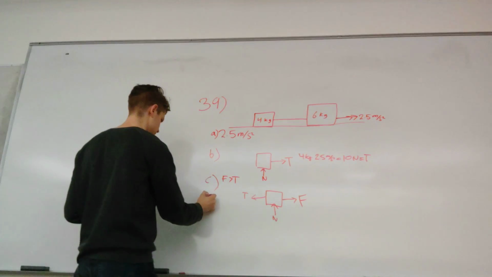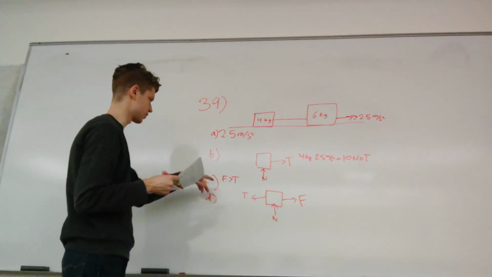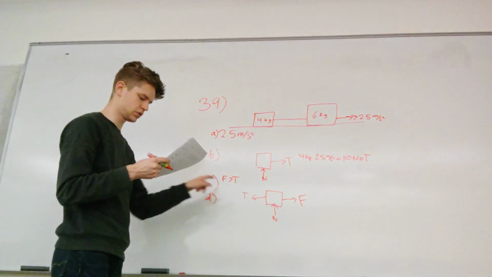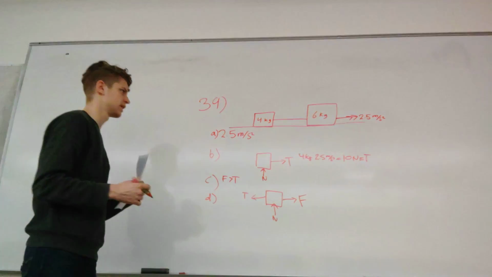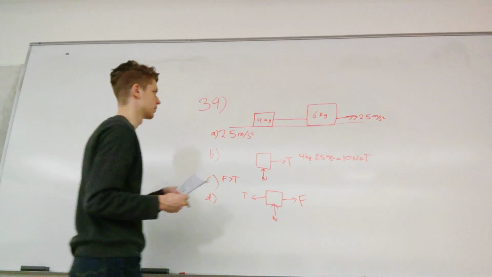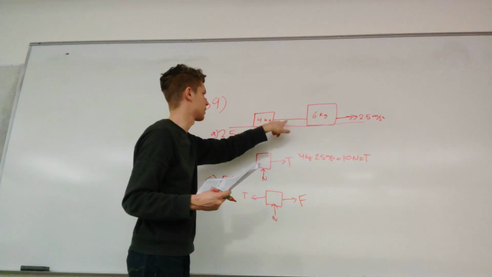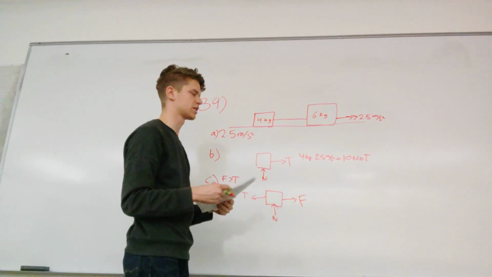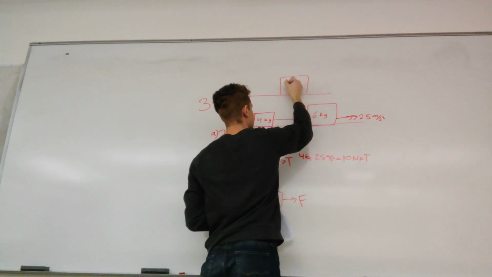All right, and then for part D, it wants us to use part C, so this, and Newton's second law to calculate the magnitude of F. There's actually another way that you can do this, which is a little easier, and that's if you imagine this entire thing, so the two boxes connected by the crates, as one object, because they act the same as one object weighing 10 kilograms,